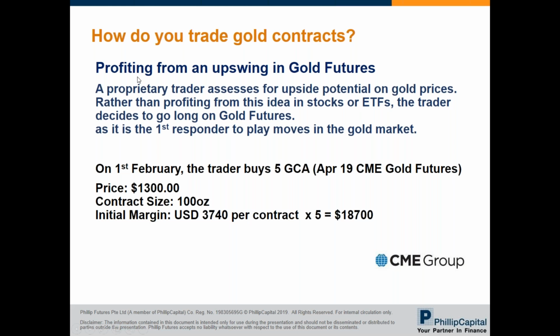I'm going to pose a view. If you want to profit from an upswing in gold, you assess that there is some upside potential, and you decide not to go into stocks or ETFs, you want to go into gold futures. Why? Because it's the first responder to price moves in the gold market. For example, in early February, if a trader buys five April gold contracts, the price is 1,300 and the contract size is 100 ounces. The initial margin you must pay to front up the position is